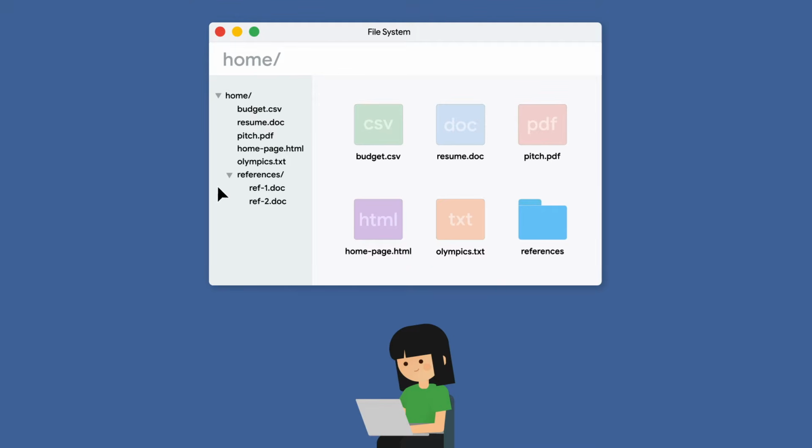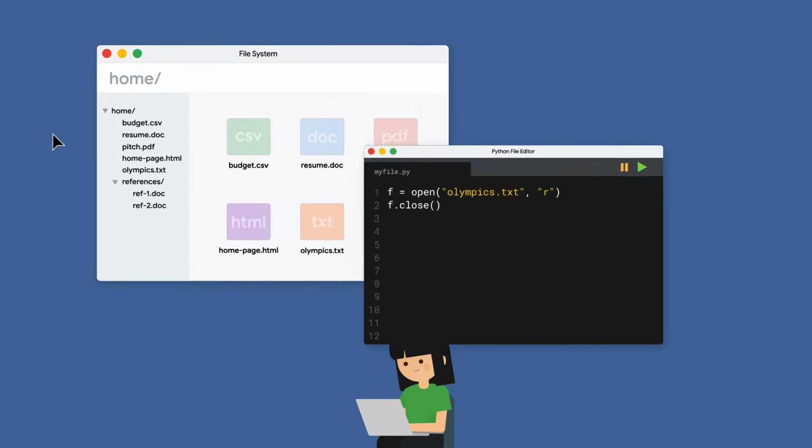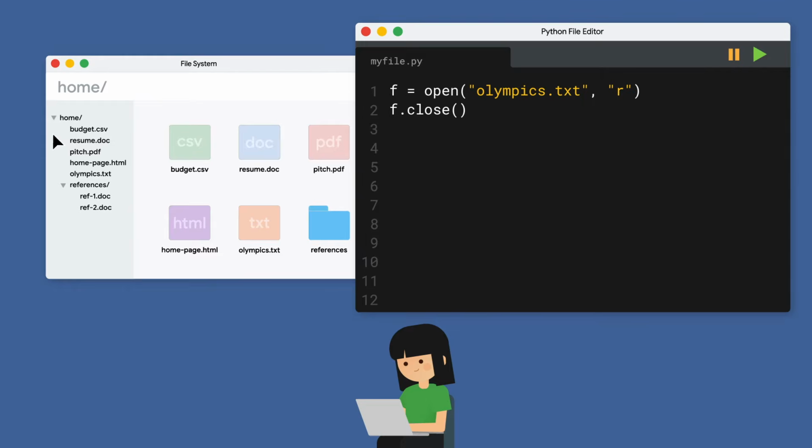Although there are many types of files, like spreadsheets, word processing documents, presentation files, and even web page files, text files instead are plain and simple in that they only contain characters. Like other programs, we need to open files in Python before working with them, and close the files when we're done with them. Here, we are opening a text file by specifying its path and file name in the first